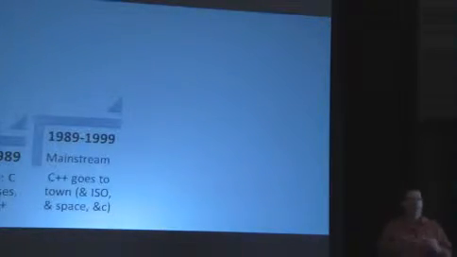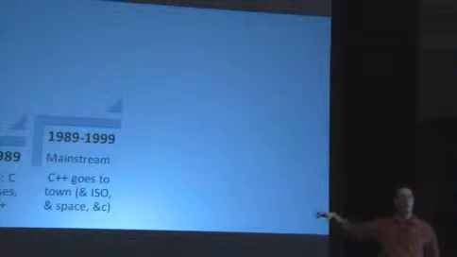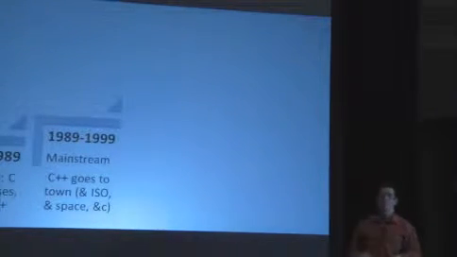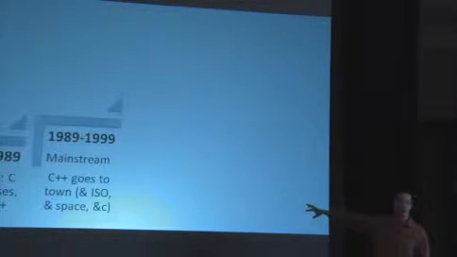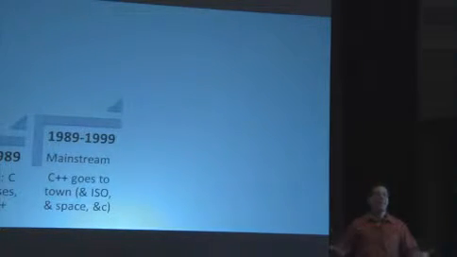It started getting adoption slowly then, but that really grew in the next decade, the second decade of C++'s life from 89 to 99-ish. Where C++ goes to the mainstream. There is large-scale, massive industry investment in C++, in compilers and tools and development. It also went to ISO standardization during this time. The first C++ standard shipped in 1998. It went to space in the Mars rover, and almost any kind of demanding application used C and C++.